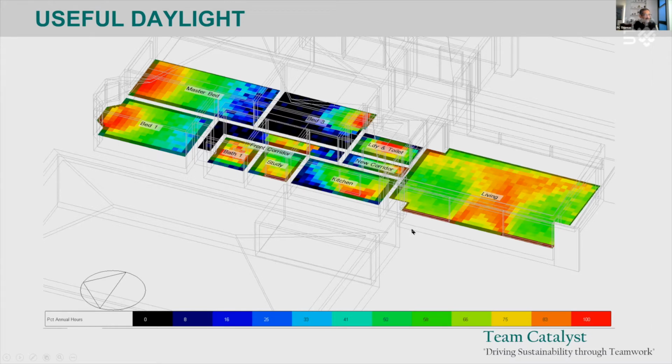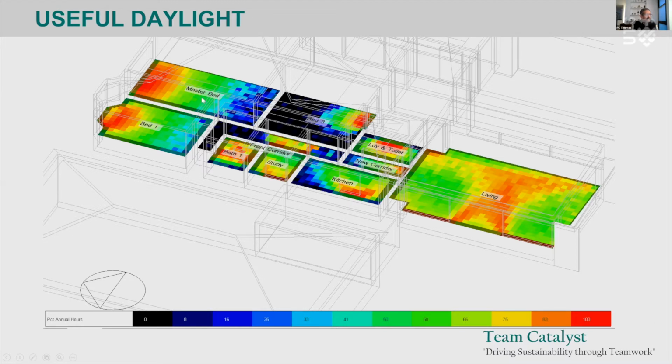And you can see here that near those big windows, you get about 50% of useful daylight, but between the windows, you're getting a lot of useful daylight. And that sort of analysis starts to give you some ideas as well. And you can see that my kitchen decision, had I been able to do that, would still have given me some indication that there was too little daylight here.